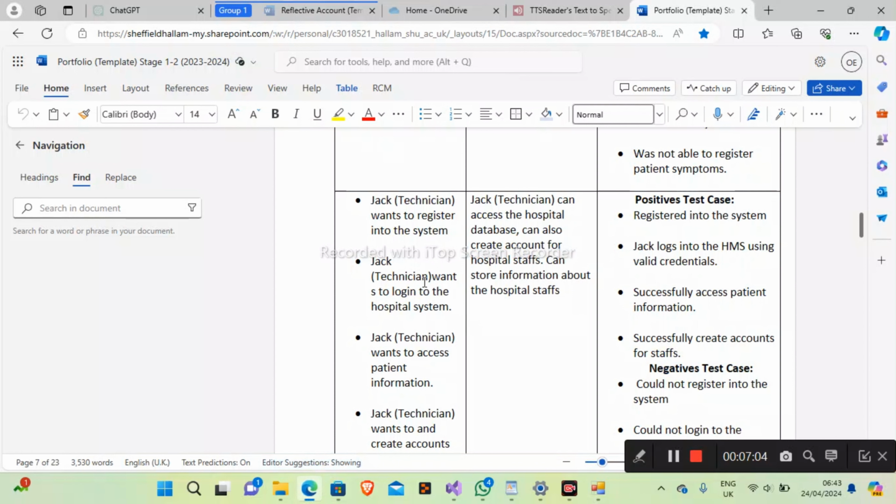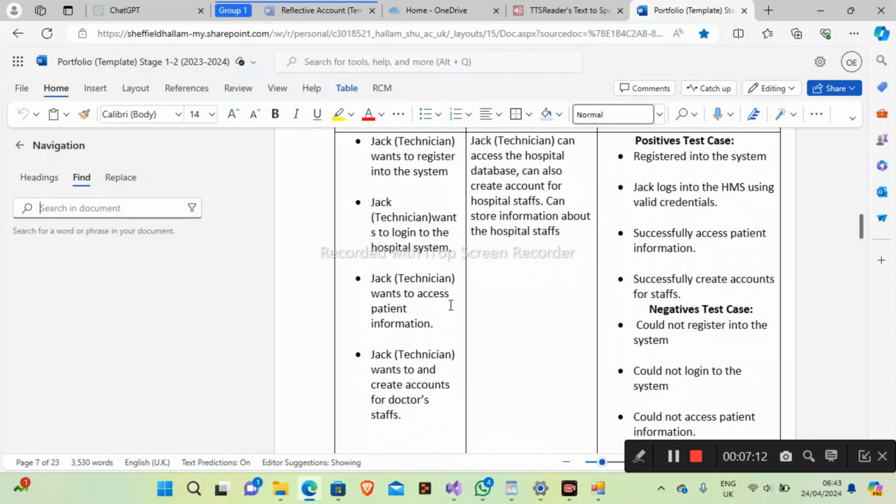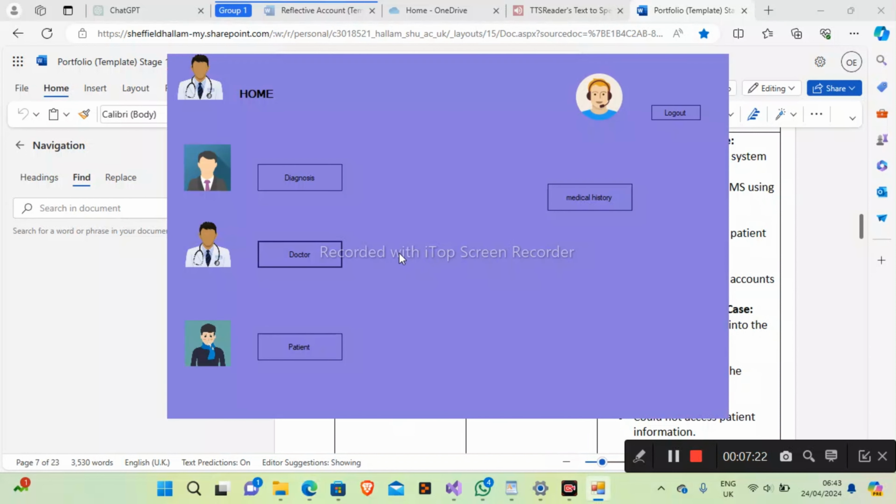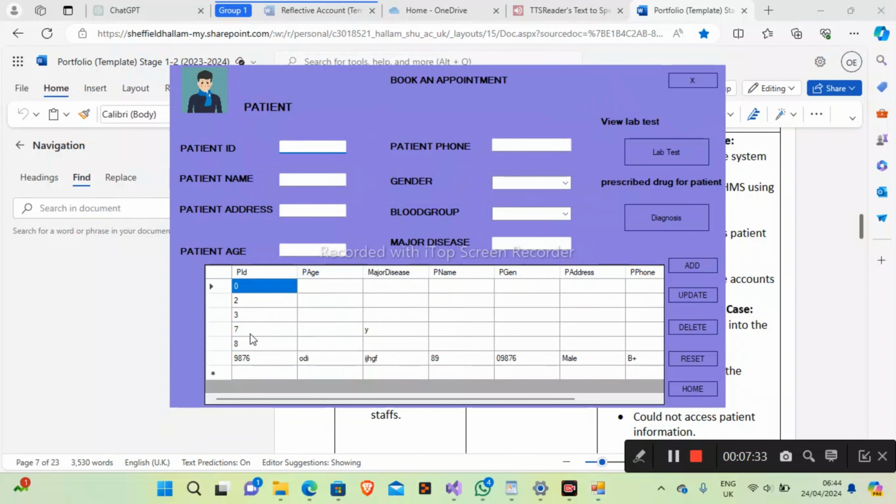And then the other user story is wants to log into the system. So that's the second user story. After registering, you can now log into the system. The third user story for the technician is wants to be able to access the patient's information. So there's an option so the technician can access both the patient's care information and can see